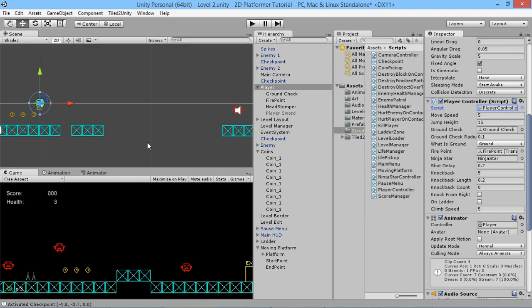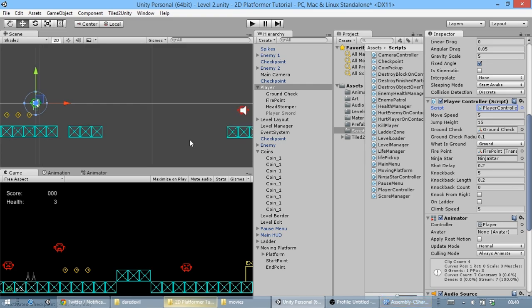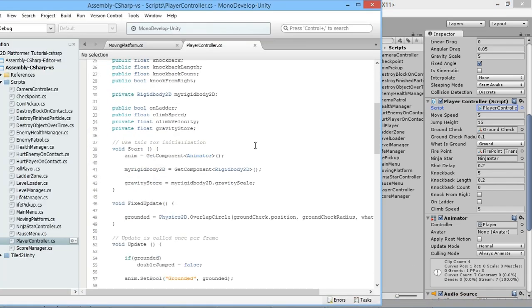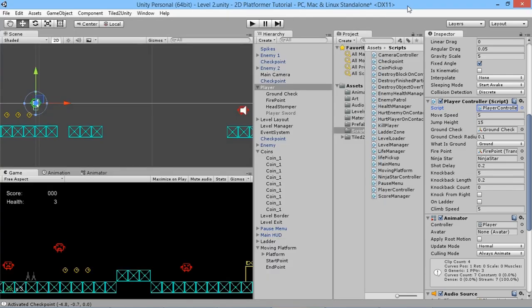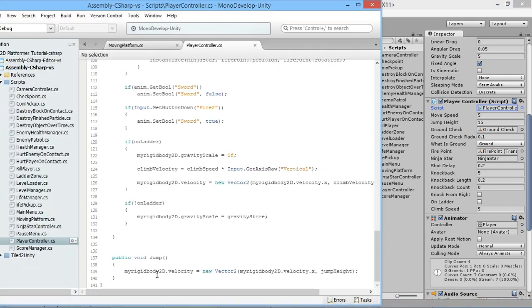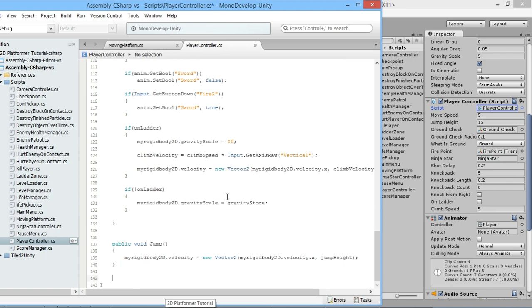It's actually a very straightforward way to handle these moving platforms. There are other ways you can handle it. If you put a rigid body on the platform, you could use that to control how fast it's moving side to side. But a very simple and straightforward way that I've encountered is to make the platform a parent of the player, so that whenever the platform is moving, the player, just through Unity systems, is automatically moving with the platform. So below all the other bits of code we have, what we're going to put in down here is